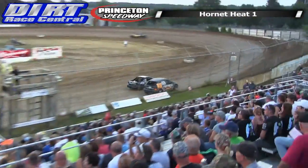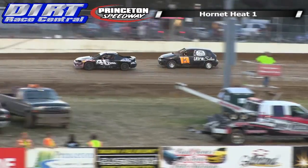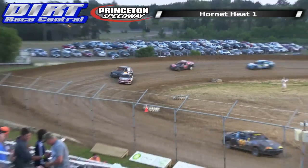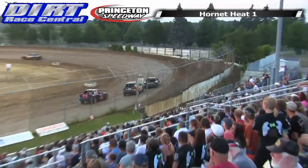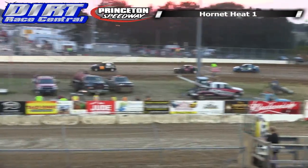But we have the 13, that's the station wagon. That is Jake Merrill, as I call it, the station wagon, out of Princeton, in second place, and Lexi Kastner. Watch out on the front straight. Whoa! Burkholder and Merrill just about getting it together, and I think we got a flat tire or something on Burkholder's